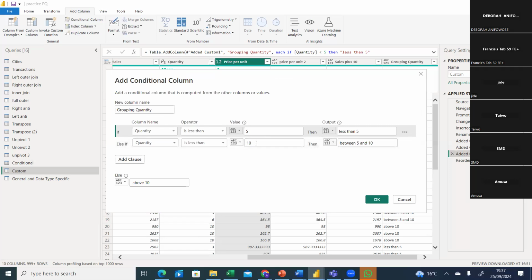So if I said if it is less than 9 here, there should be between 5 and 10. Yeah, if it is less than 9, the problem is that when it sees 9, it's going to show it's above 10. So let me just leave it at 10. Later, maybe in another class, we will see how to do this correctly, because if you look here, we don't have,